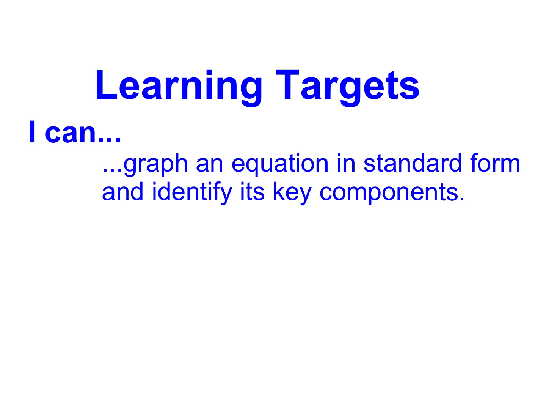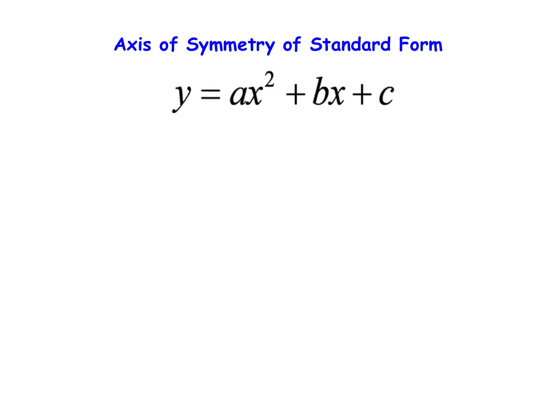In this video, we'll be graphing quadratic functions that are written in standard form and then identifying their key components. So here you can see standard form, and a couple of things I want to hit on with standard form is that this is the form where we have all of the parentheses gone and everything's multiplied out with like terms combined. And this will be written in the form y equals ax squared plus bx plus c, where a